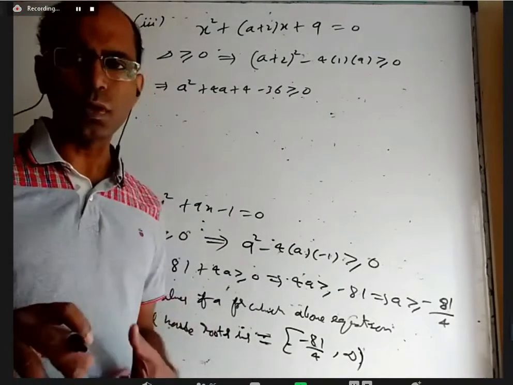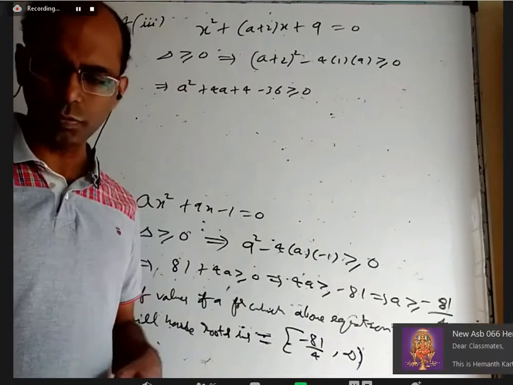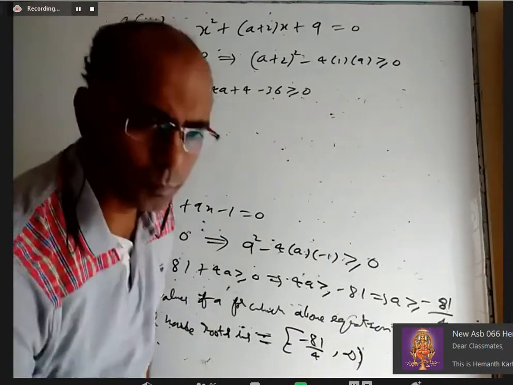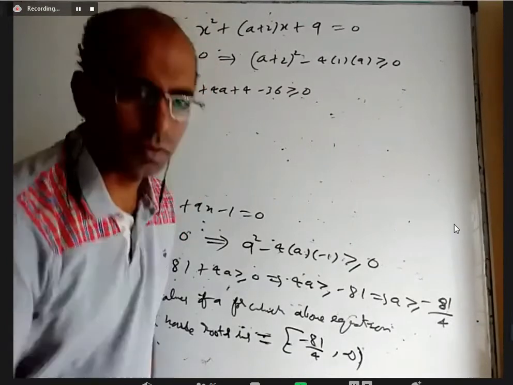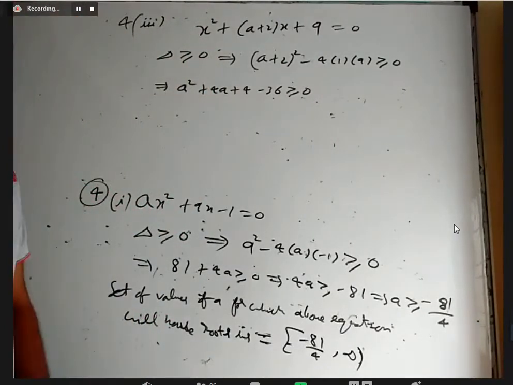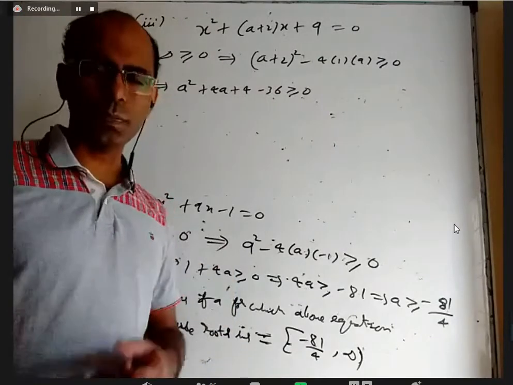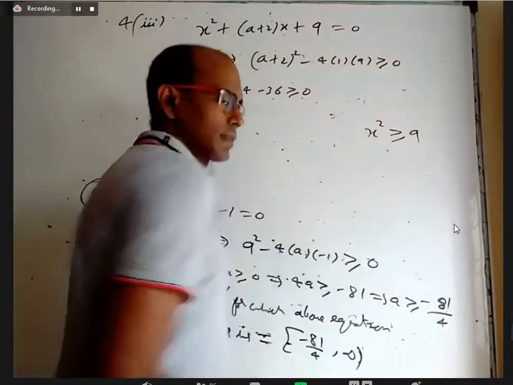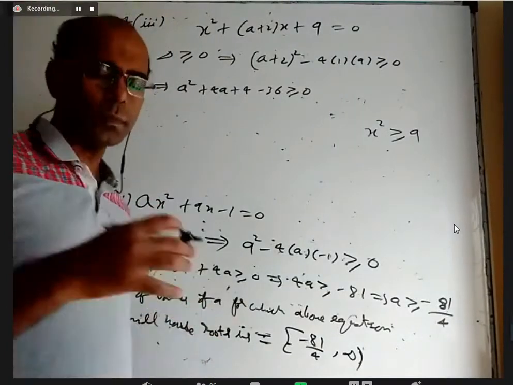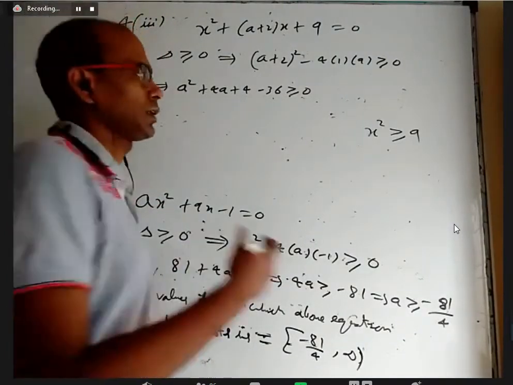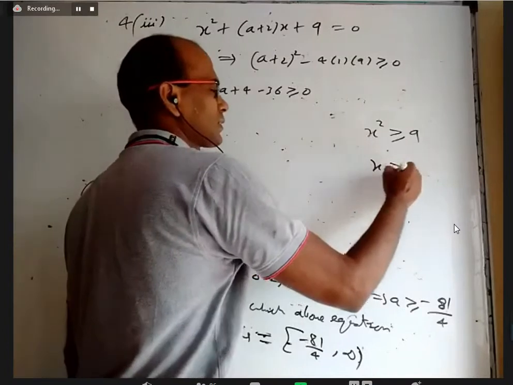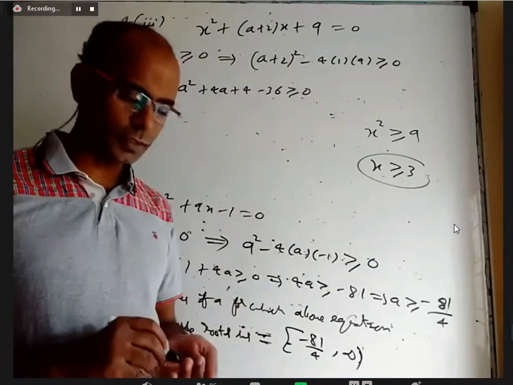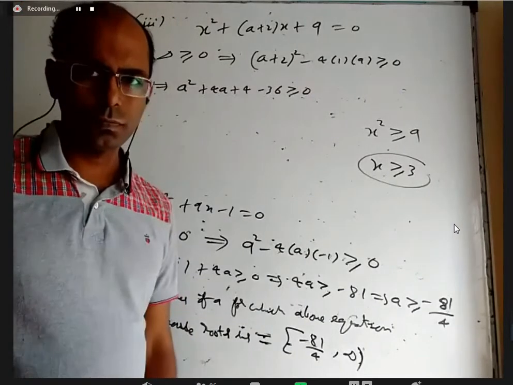Later on, we'll discuss more about quadratic inequalities. Okay, exercise 5 we did a little bit, but quadratic inequalities I want to discuss a little more. One thing I want to tell, later on in the functions chapter also we'll be using it. Sometimes we'll come across x square greater than 9 somewhere. Some students just apply square root or something. They'll write x greater than or equal to 3. Is writing this correct? No, sir. No.